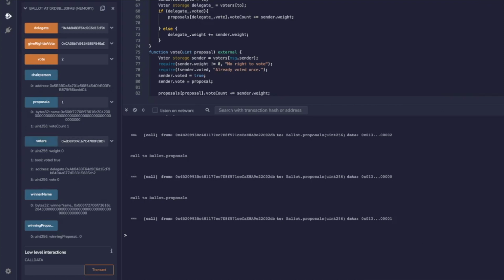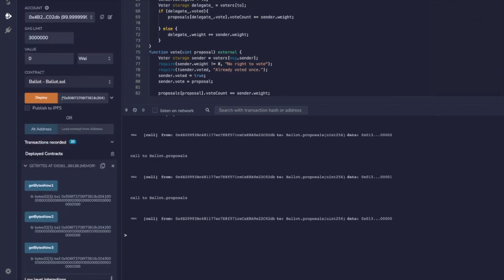Then you can click on voters and see how that particular voter voted and whether or not they delegated to a different address. And then in the end, you can see the winner name, and you can compare that to the get bytes array. And then on the bottom, you can see that the winning proposal is proposal A. That is a tie between proposal C and proposal A. So that's something that needs to be improved on this smart contract. And that is it. So let me go ahead and run through one more delegation,